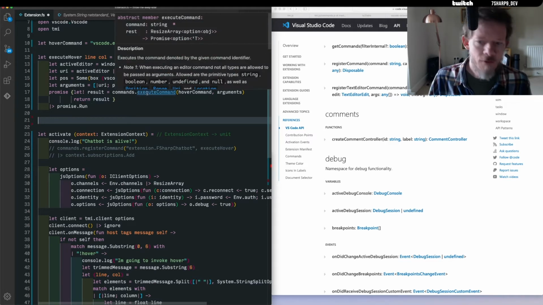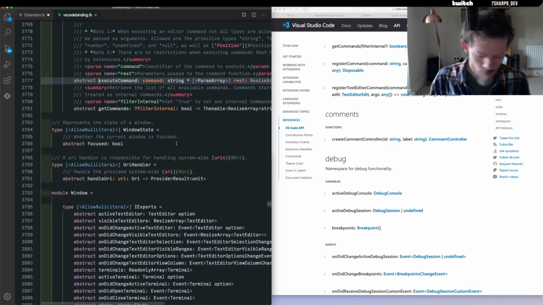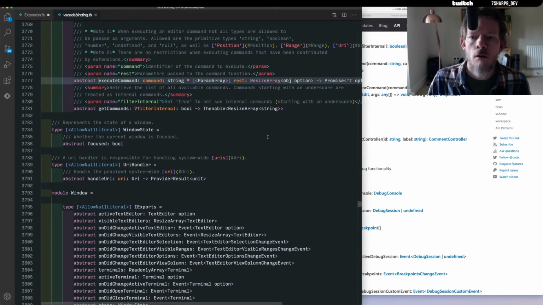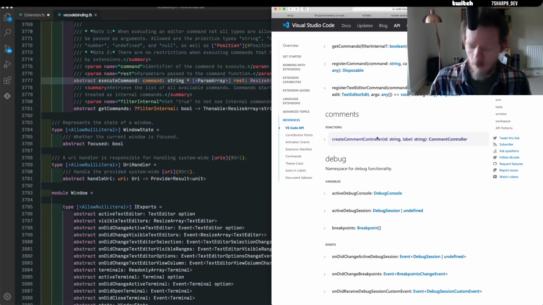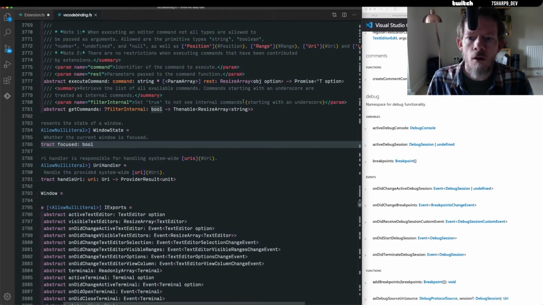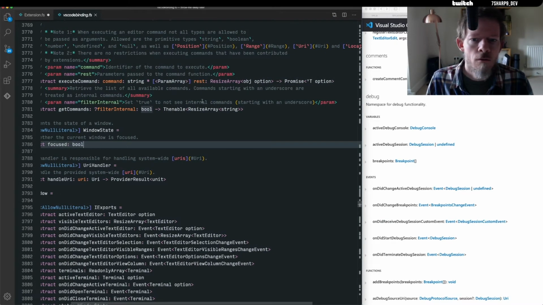We'll actually look at this quickly just to have a check. I'll keep this up just for reference for now, keep it on the side. Okay, so the Fable binding takes a string, which is the command we're going to execute, and a parameter array where the rest is